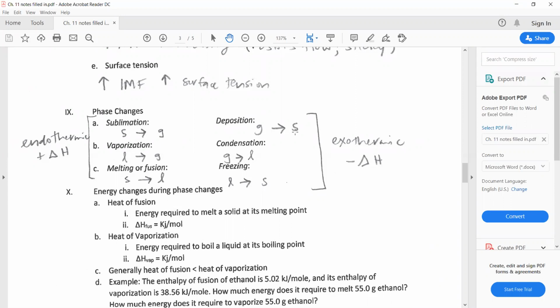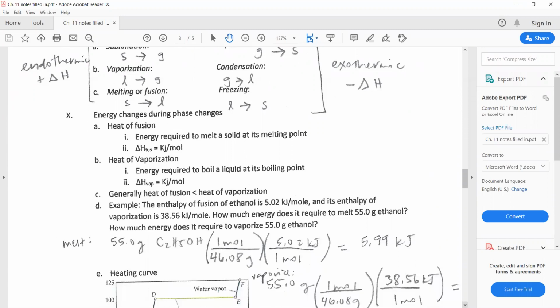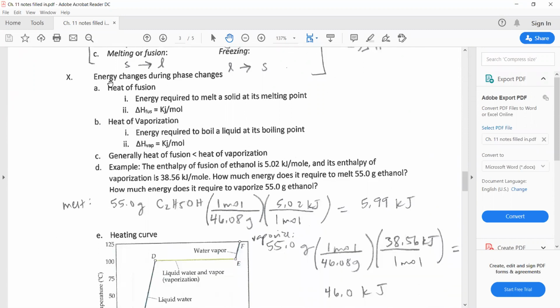Those are exothermic processes, so energy is being released as the molecules come back closer together. So think about molecules as magnets. It always requires energy to pull magnets apart. It'll release energy to put them back together. So if we look at the energy changes during these phase changes, we have what's called heat of fusion and